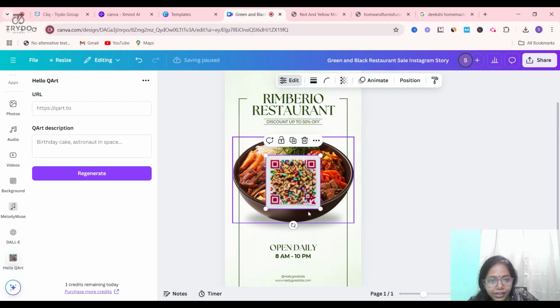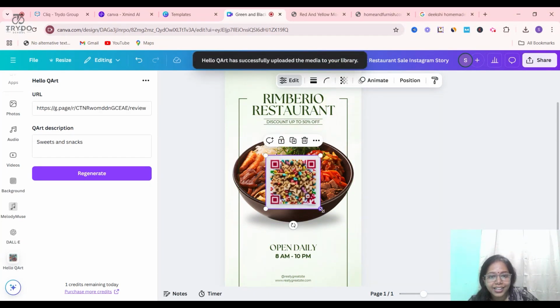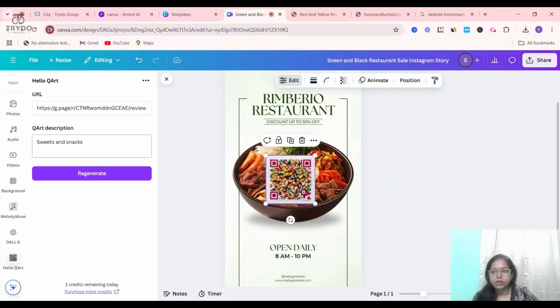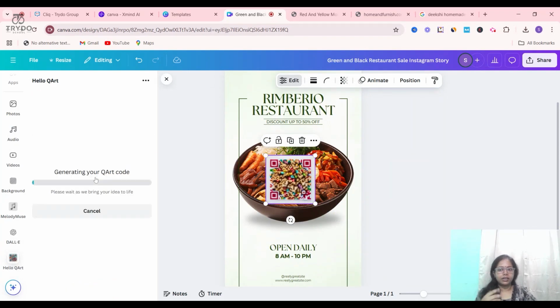Can you see something related to food? Like food and snacks, or let me change it to Indian food. We'll check it. It's okay. You can regenerate whatever you want.